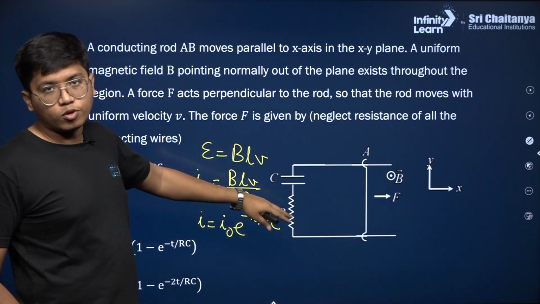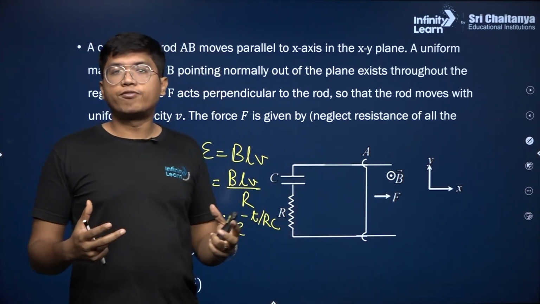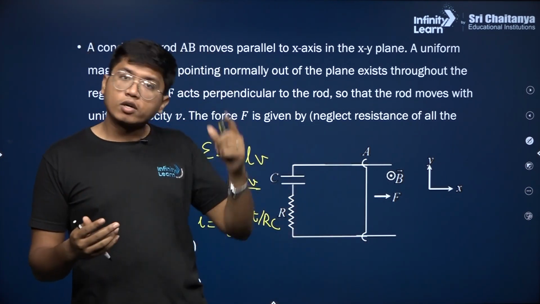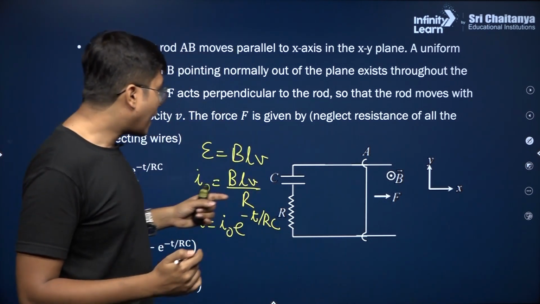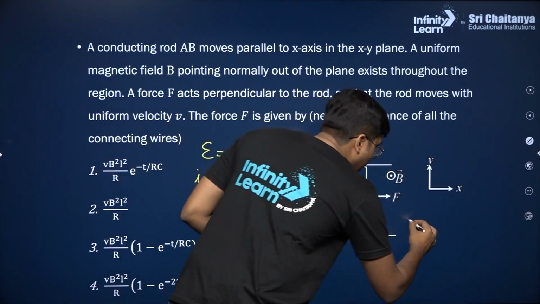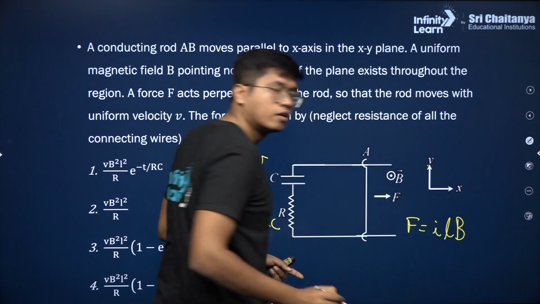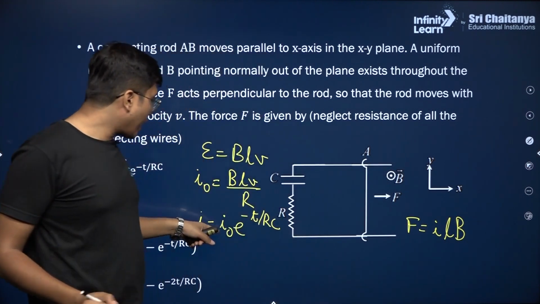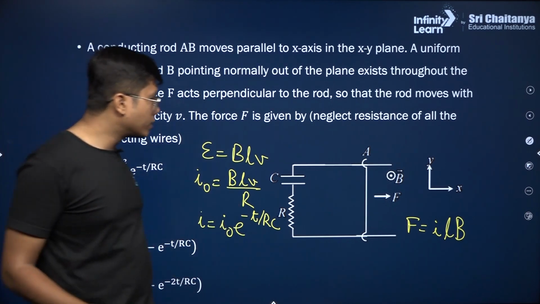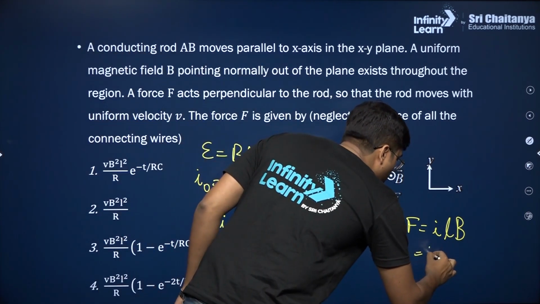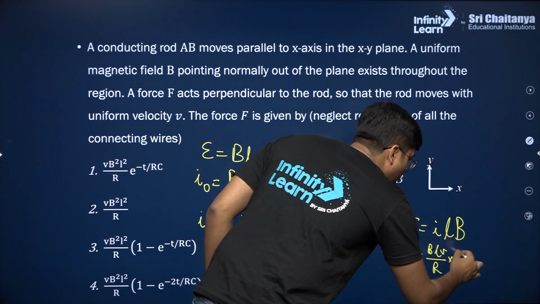That current I is going to flow through this wire, and because of that, this wire is going to experience a force, the Lorentz force on a straight current carrying conductor in a magnetic field. And that force is the force that we need, that F is equal to ILB. If you put the value of I from there in, I naught value BLV by R, you will get this is equal to BLV by R into L into B from here,